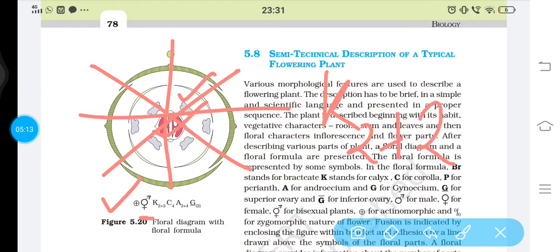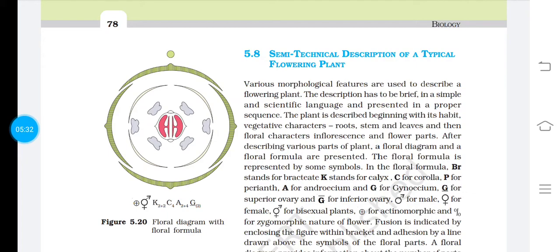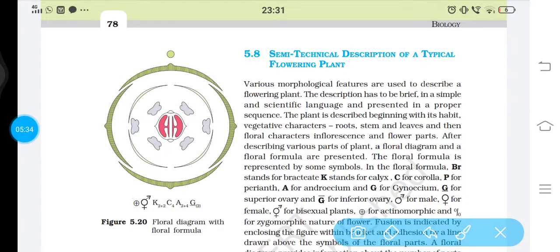2 plus 2 is written because you can see the position of two sepals are same, that is these are on the outer periphery, while two are same which are overlapped by the other two sepals. So that's why it is written 2 plus 2, that means 2 are having same position and 2 are having other same position here. Then if we come to the C, that is corolla, in corolla total 4 structures are there, that means 4 petals are there.